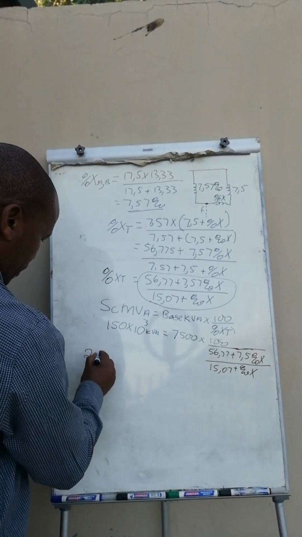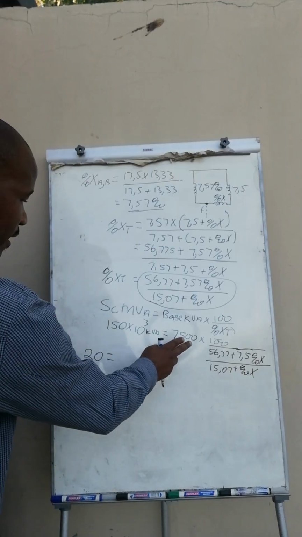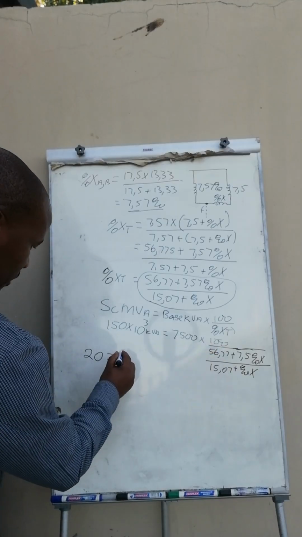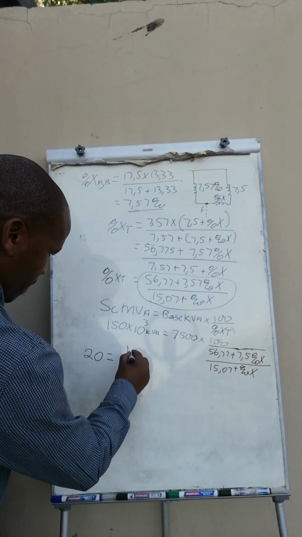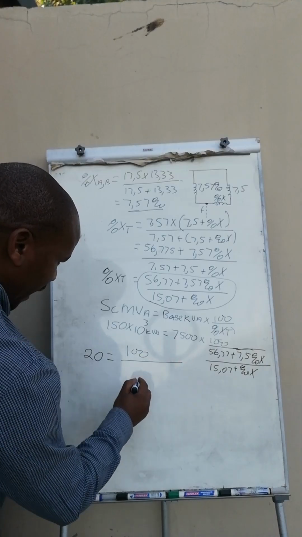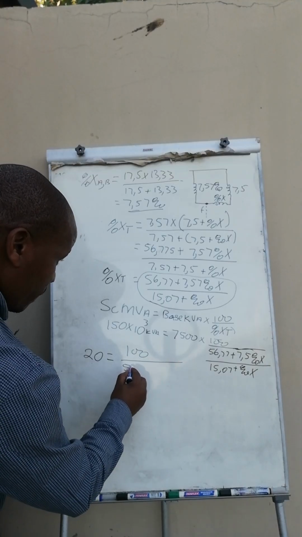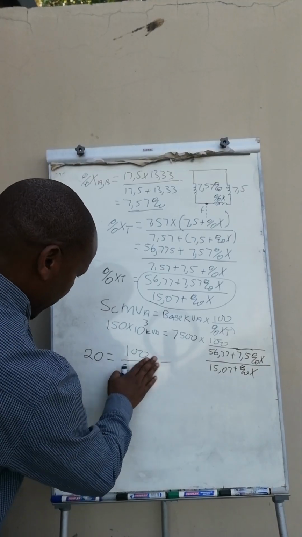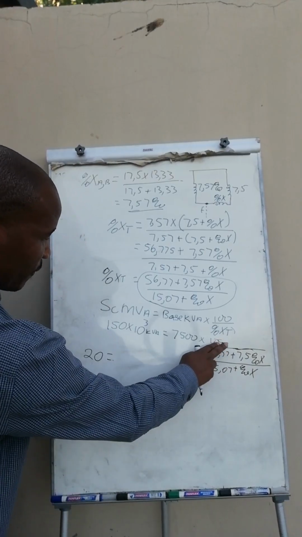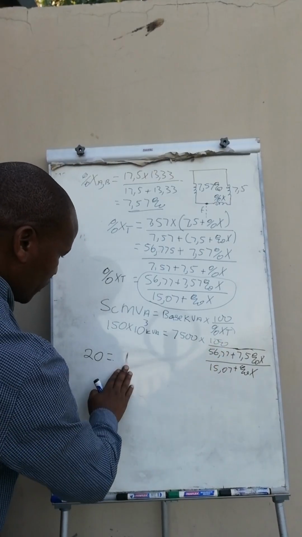Let's write it here. 20 is equals to what? We are left with that. Let's write it down. Divide by 56. Oh, okay. Let's do this. We are left with that. Then we've got